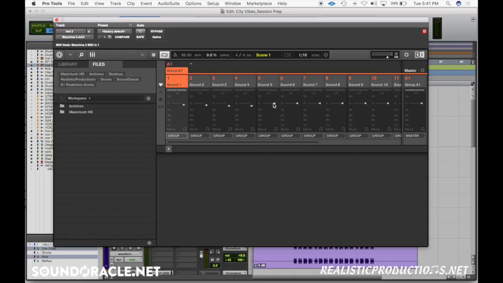And so what I've actually done for me is I've created a template. I got a whole production template where I have an instance of machine where everything is already turned down, so I don't have to worry about this later. And then also I have the group master turned down a little bit as well, just to give myself a little bit of headroom. And that way, when I'm getting things out of machine, they're not pushed to 0 and they're not clipping and distorting, and it makes the quality a lot better